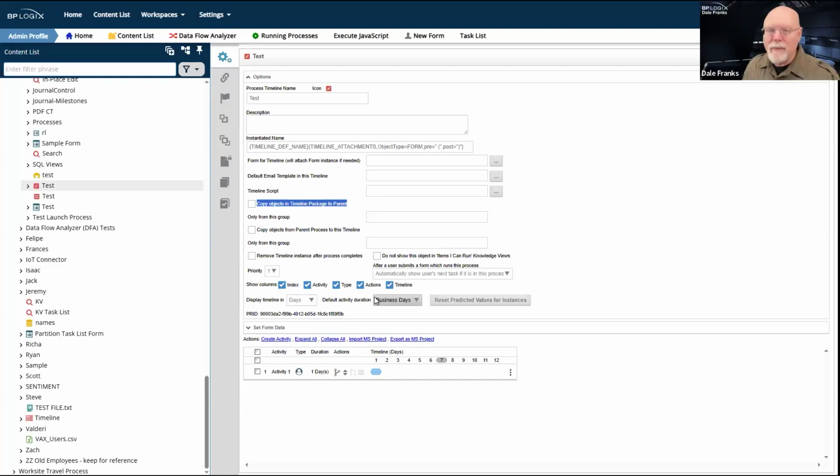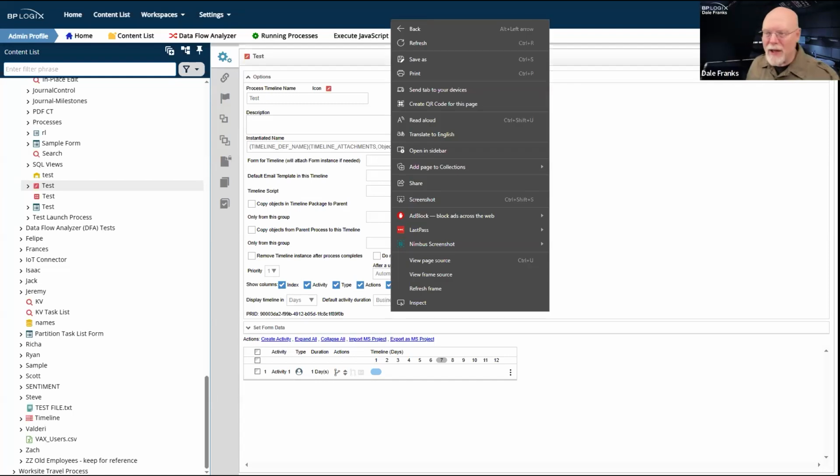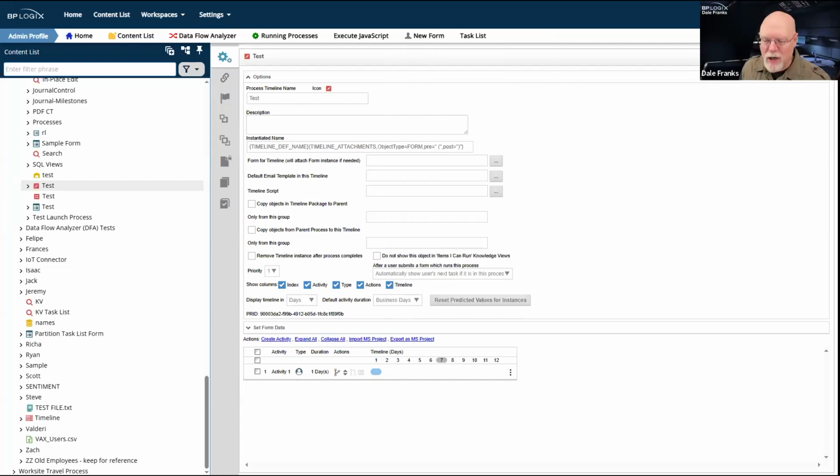So instead of, as the product works now, having a single level where we can transport from child back up to parent, we're now going to be able to transport from grandchild and presumably great-grandchild all the way back up to grandparent and great-grandparent. So you won't actually see a change in the UI. There's nothing in the UI that tells you that that change has occurred, but that will be a feature addition in the product.